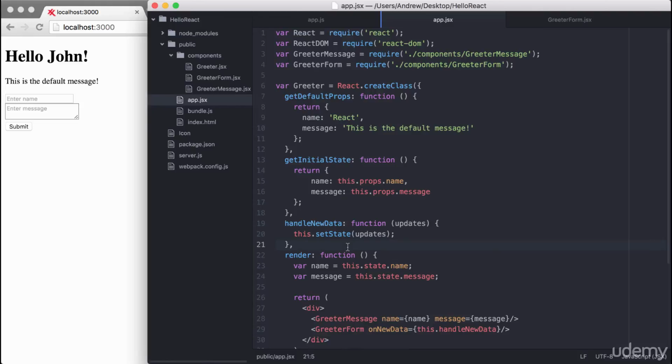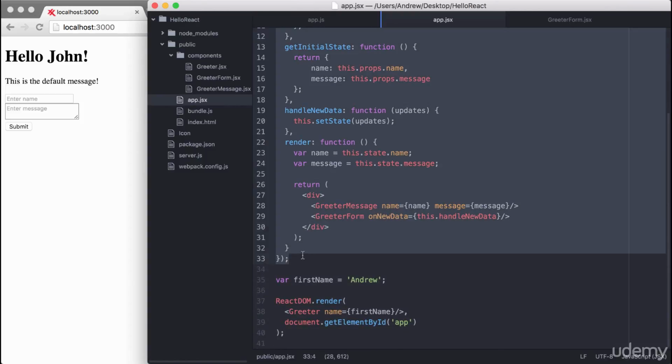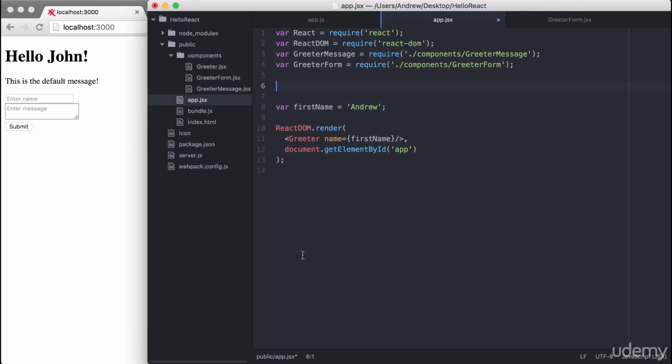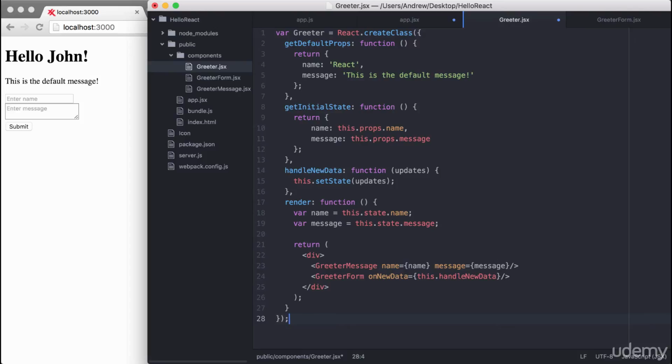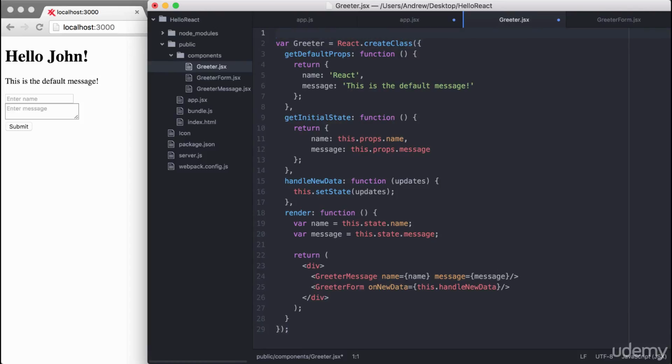And this one is a little different. It's going to be mostly the same. We can start the same way by taking greeter, cutting it out, and pasting it into the greeter.jsx file. And remember, we have some dummy code in here now. You can go ahead and delete that, paste in the greeter component,